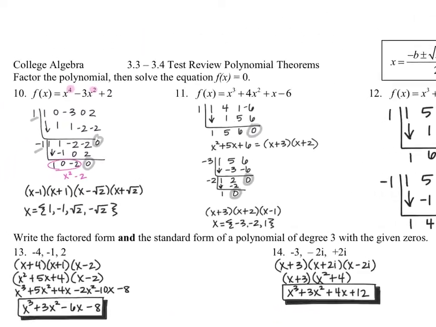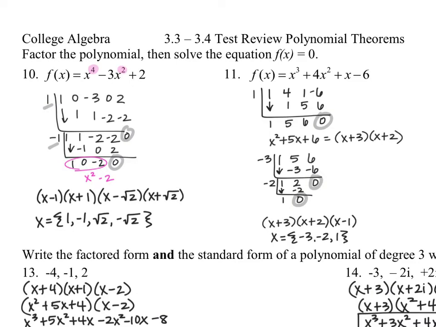For 10, 11, and 12, we were asked to factor the polynomial and then solve the equation f of x equals 0. So we want to factor and then take those factors that we get and then find the solutions that we would have based on those factors. So this is a little bit tricky just because the instructions specifically tell us to factor, and we are used to factoring using grouping, and we cannot do that with this. And we actually can do factoring by grouping for number 10, but I went ahead and did the synthetic division here. You are going to use the rational root theorem to test different solutions to see which ones give you